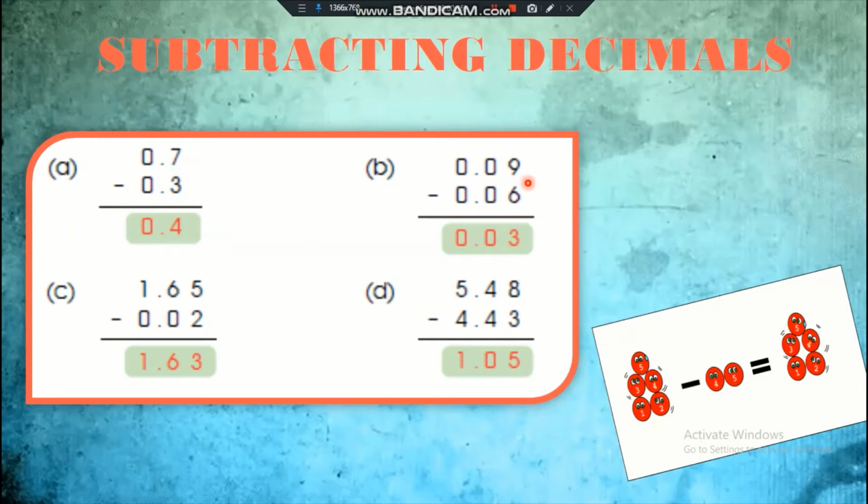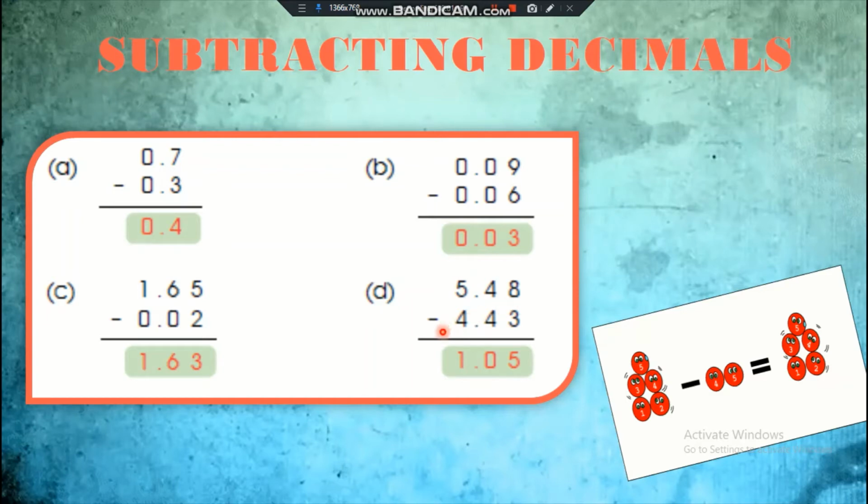Let's see this example where you have 0.09 minus 0.06. Subtracting means finding the difference. So here we have to find the difference. 9 minus 6 is 3. 0 minus 0 is 0. And over here as well, 0 minus 0 is 0. Now, observe over here, how many digits before do I have the decimal point? 2 digits before. So 2 digits before you will add a decimal point. Same over here with this example.